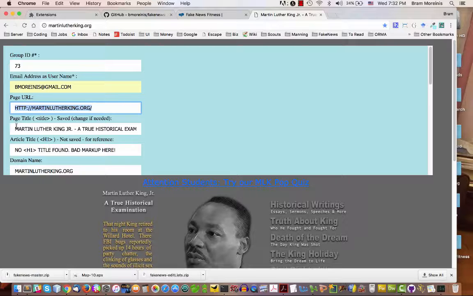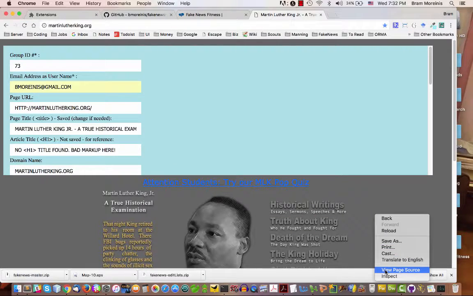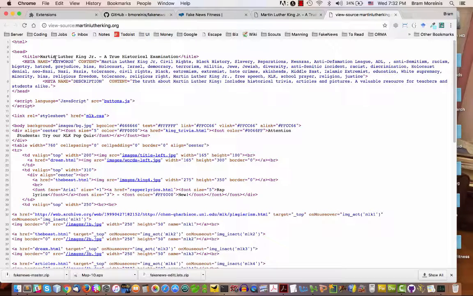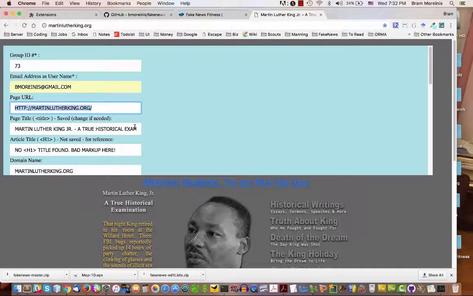Page title. This is something that is in the HTML of the page. If I were to actually view the page source, you see it right here. You don't get to see it when you're looking at the page, but any page that takes itself seriously is going to have the title of that particular page and not of the whole site in that title tag. So this is reading it for